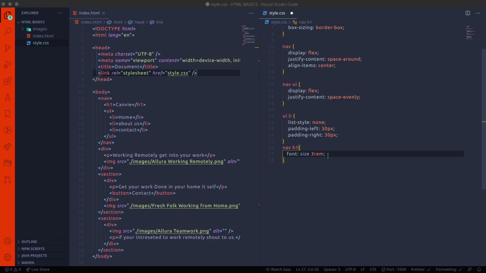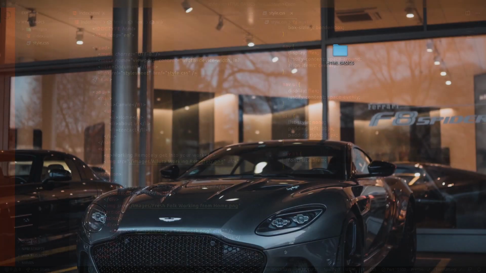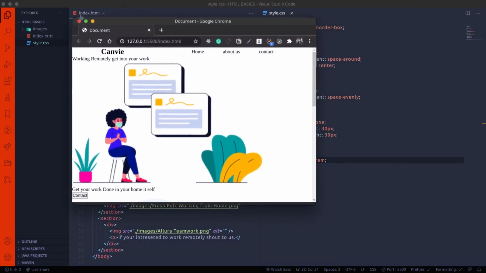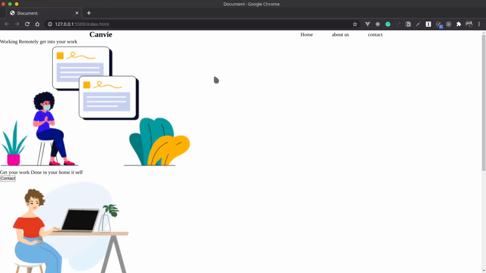Now saving this, save this one, and you can see the output. Good. Here nothing happened.